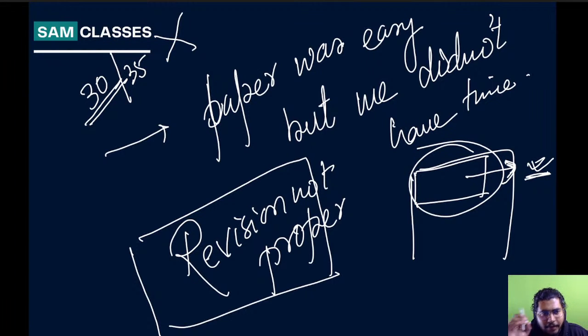So give yourself a task, take a chapter. By seeing the chapter, you can say, yeah, this chapter will take only 2 hours max. So mark that chapter. This chapter should be done in not more than 2 hours. The moment you take more than 2 hours, it means somewhere or the other, you're wasting time. So you should not do that.